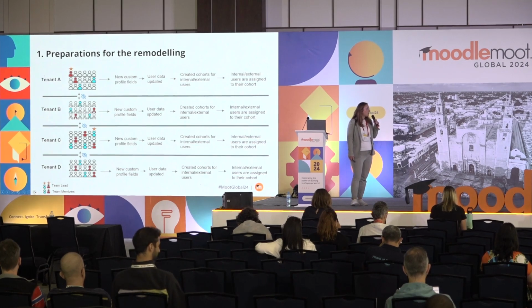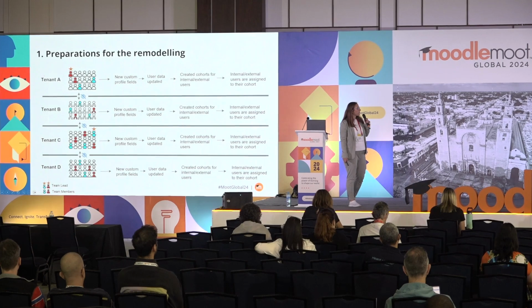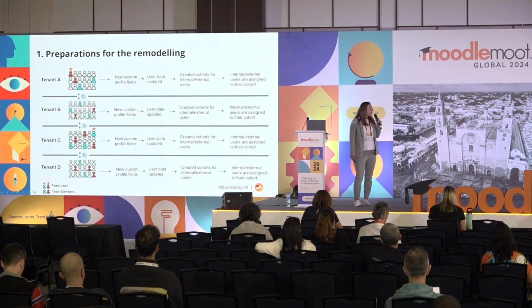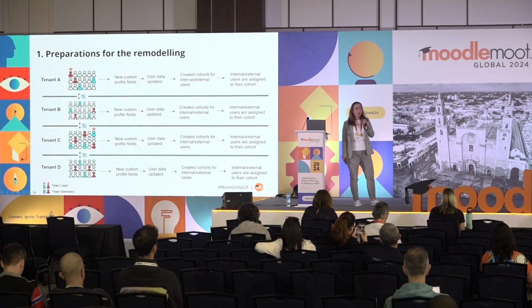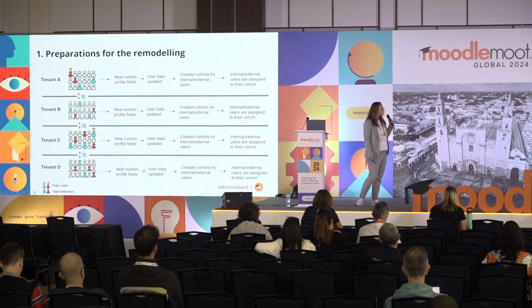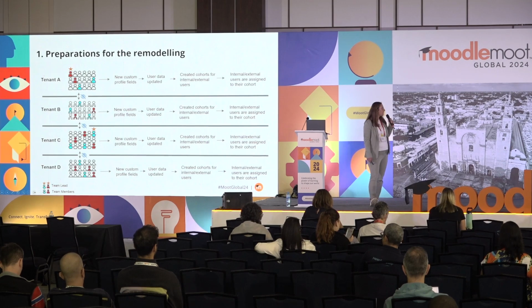And the cohorts for the internal and the external users, we needed to make sure that we can assign the specific individual design to the sub-brand tenants. When we're talking about internal users, we're talking about the employees. And if we are talking about external users, that's the partners, the individual clients of a sub-brand, and the individual students. Each sub-brand has them in their current tenant. To make sure that we can structure all the people within one tenant, we set up the cohorts and put the internal and external users in those groups,